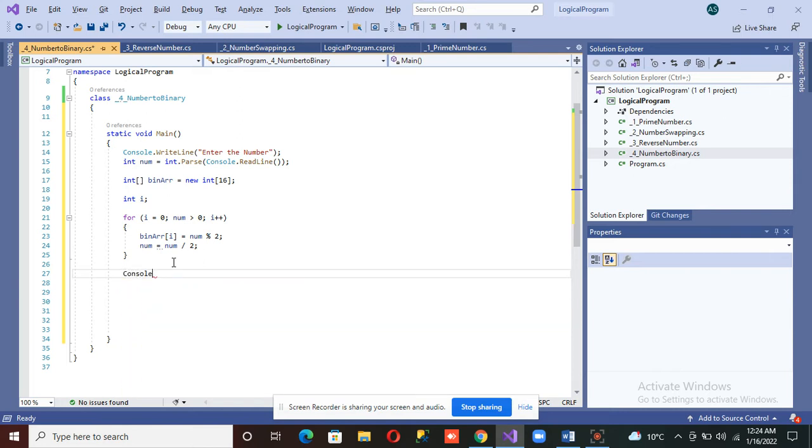Console.WriteLine is used to print a value and move to the next line, but we don't want to go to the next line, so we are just using Write. Here I am just going to provide the value of a variable.